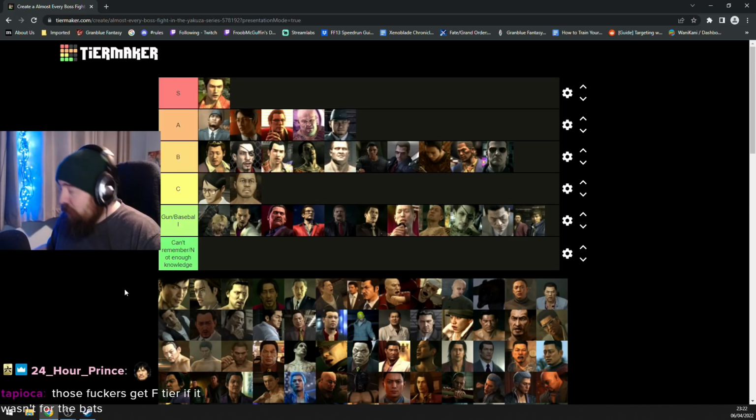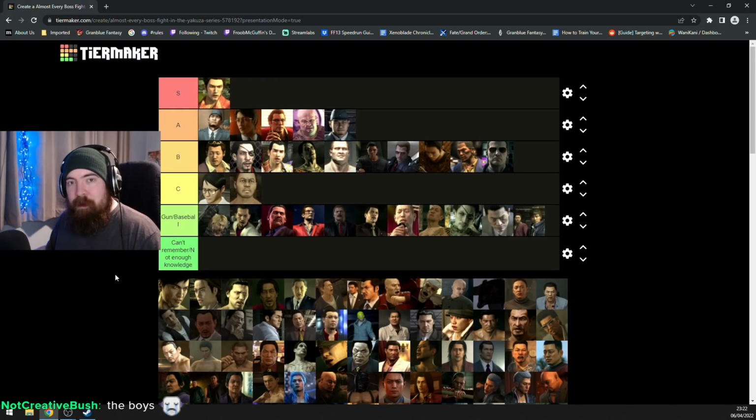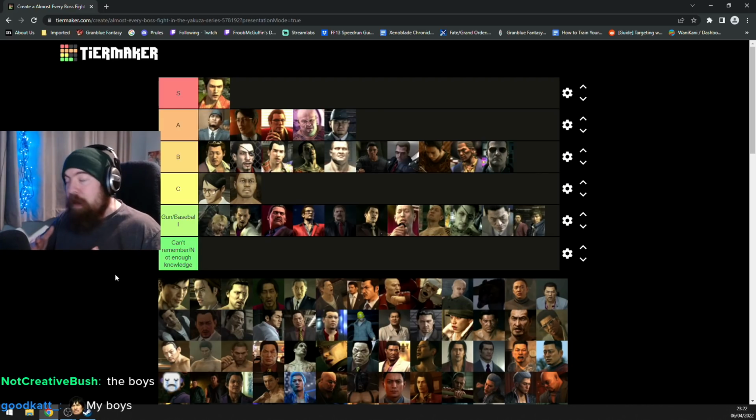F-tier one of the bats. I'm not gonna actually go against that, considering how awful that fight can be without baseball bats. The amount of hassle that just one of them gives you, let alone both of them in the speedrun, in the old route, the 50-50 route,